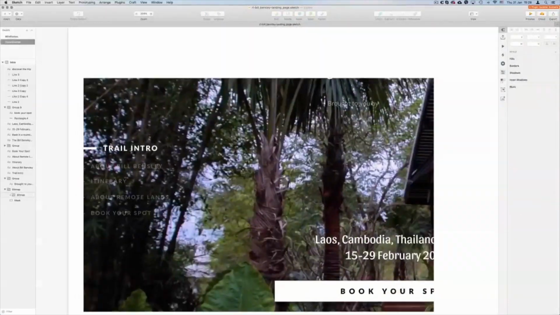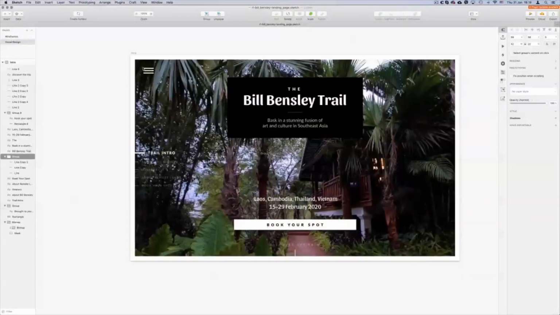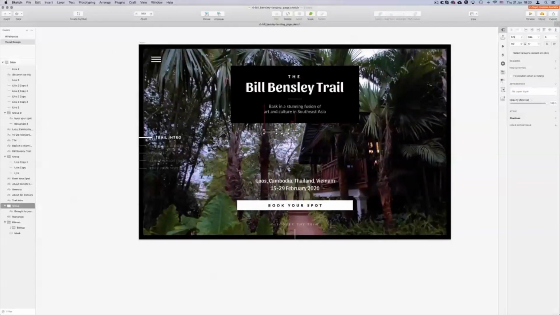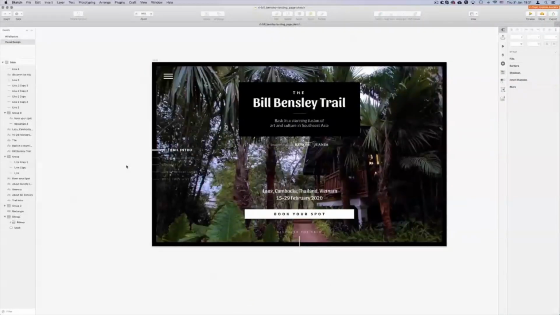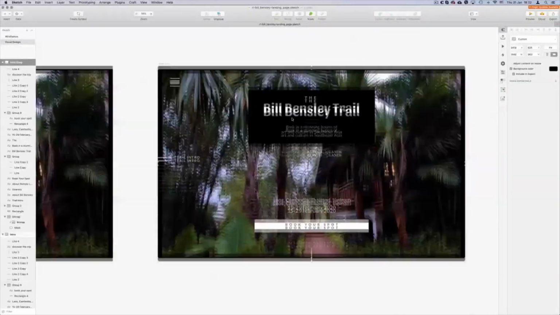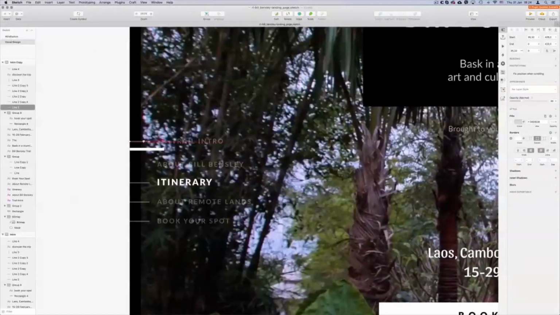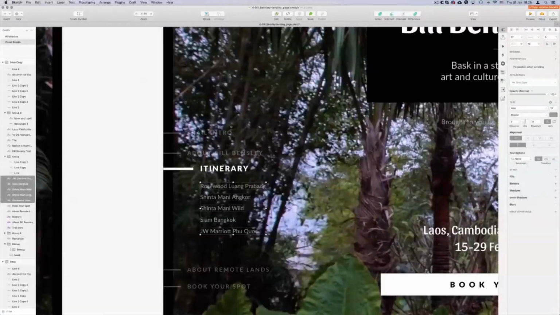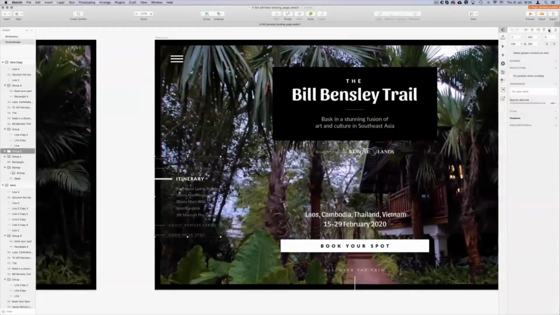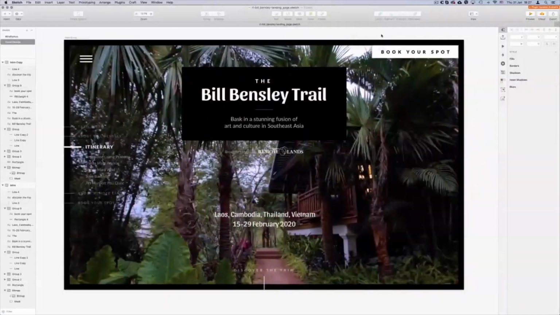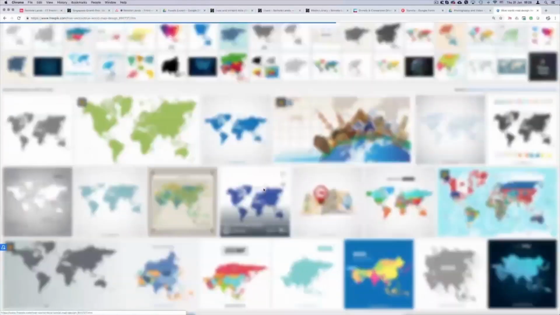Right now on the left, this is the main navigation of the site. It's a single page website, but I still wanted to show the separate sections in the navigation. Right now I've created a second variation of this home slide. This is the first slide of the site. I wanted to put an accent on the current section, and then we have subsections here. So each part of this trip, each destination, is listed in the itinerary. So this is like a sub menu that will be opening up only when you're on this section of the